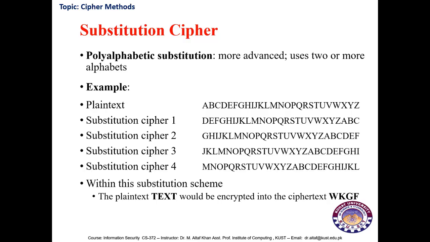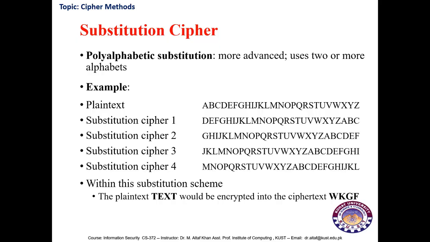With the substitution cipher 1, as you can see, in the plain text T, the resultant substituted cipher is W. So T will be substituted with W. Now the next letter of the plain text, that is E, will be substituted with substitution cipher 2. In substitution cipher 2, we can see that E will be substituted with the letter K, and in the plain text X will be substituted